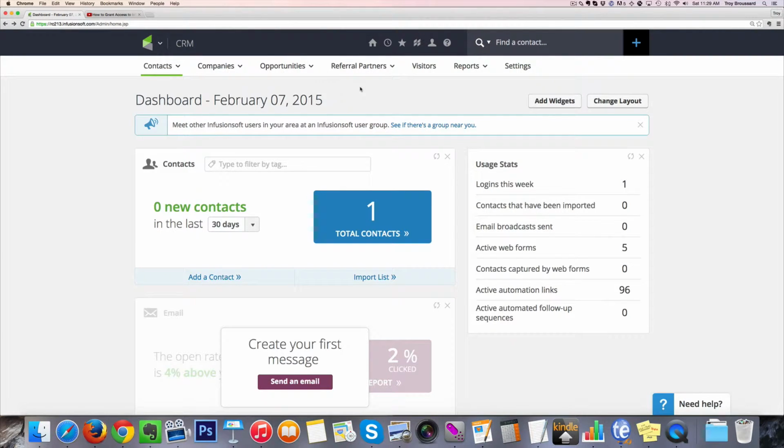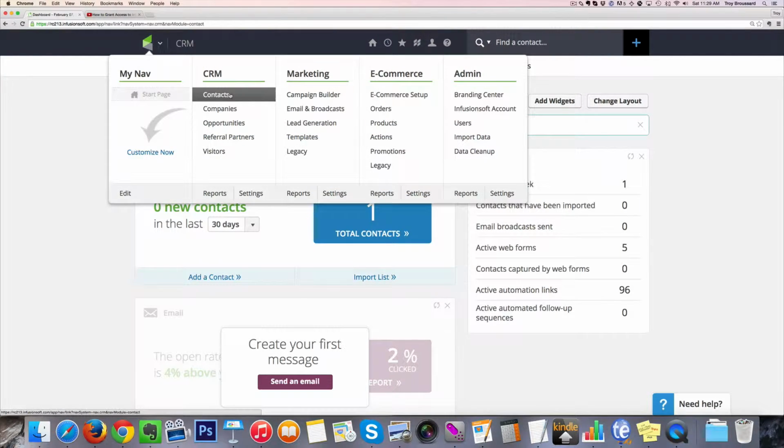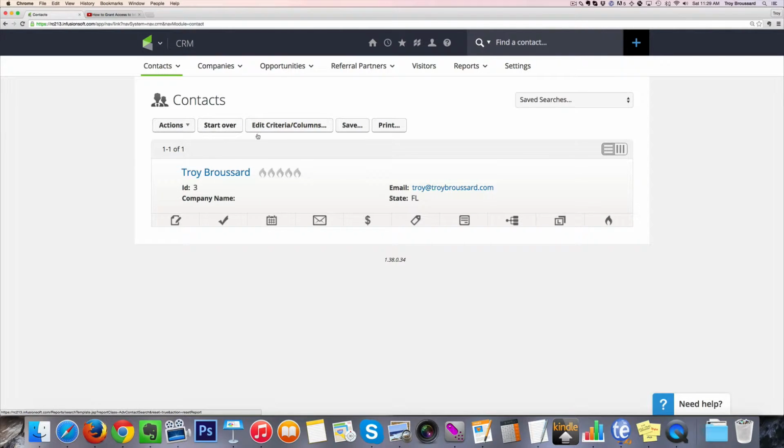So first of all, this is a sandbox application of mine, has hardly any content or users or tags or anything. So the examples are going to be very simplistic, but it doesn't matter because the steps you take are all the same. So if we go into contacts and we do a quick search,